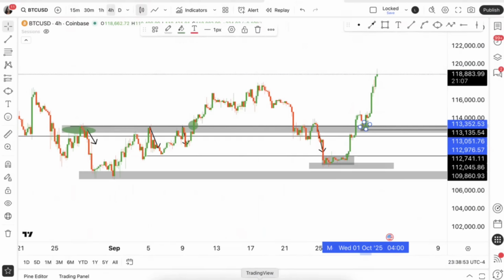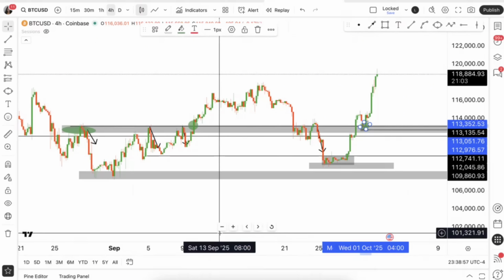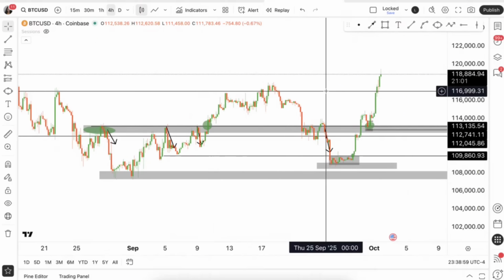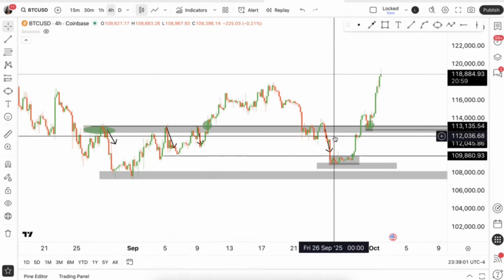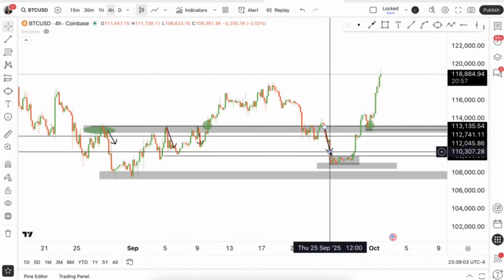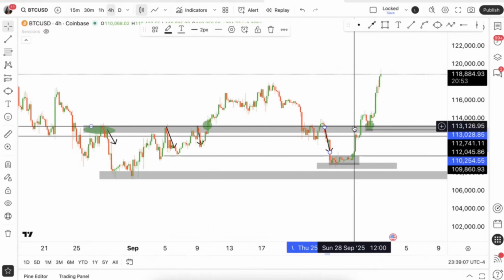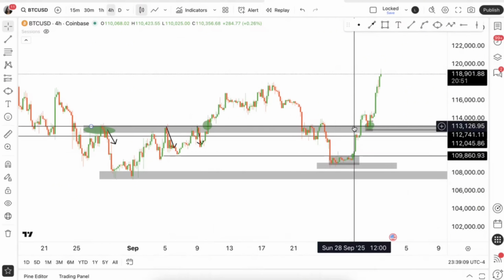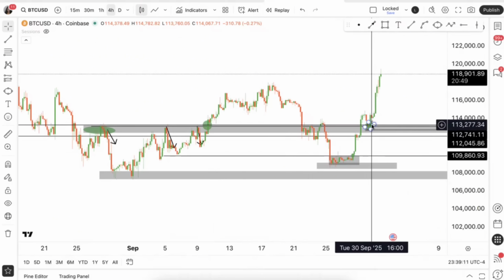So this is not something that I'm just making up, and I'm not even in bar replay, right? This is not me giving you a hindsight trade. I've already taken the trade, and I already showed you before the trade happened. I'm showing you after the trade is happening. So let's explain some entries. For me, as you can already see, my entry is above the level.